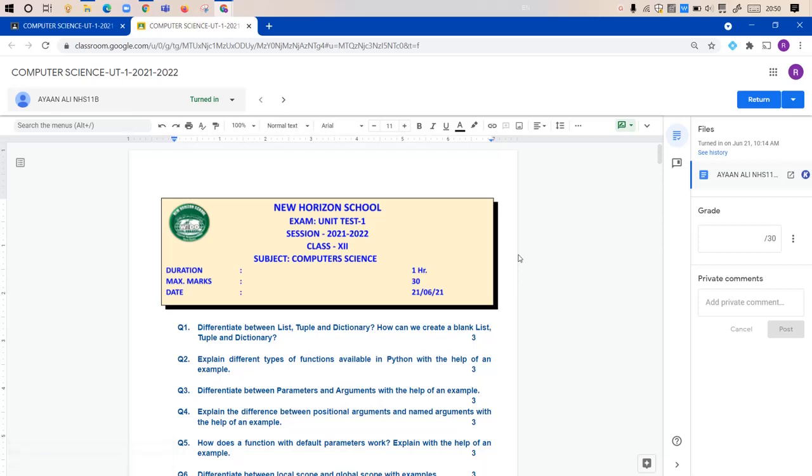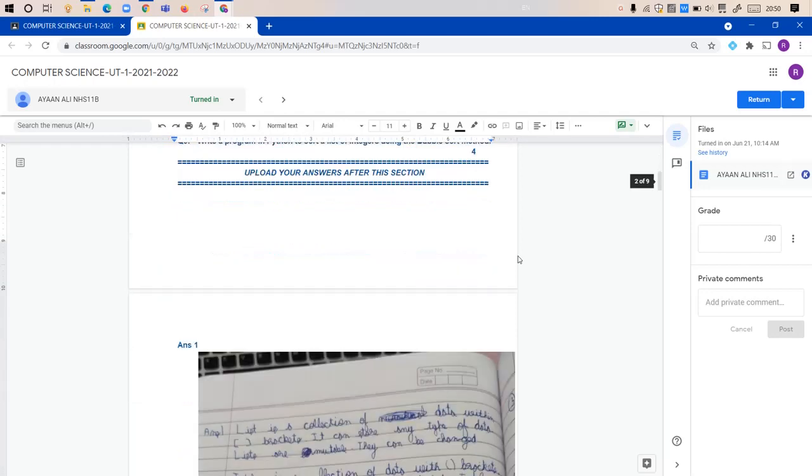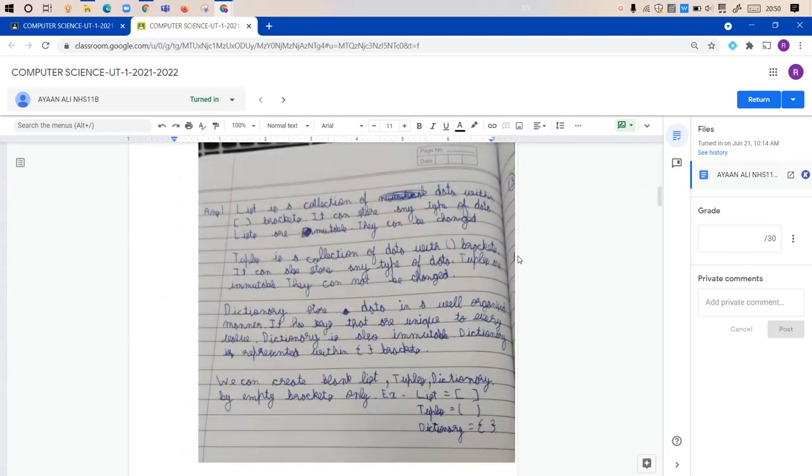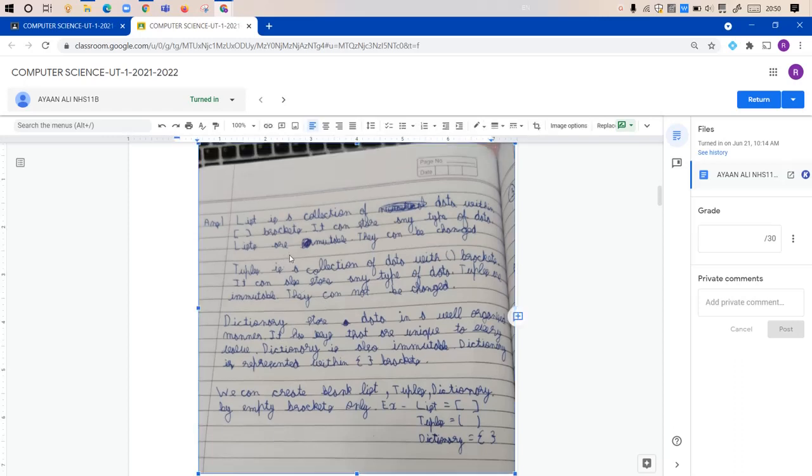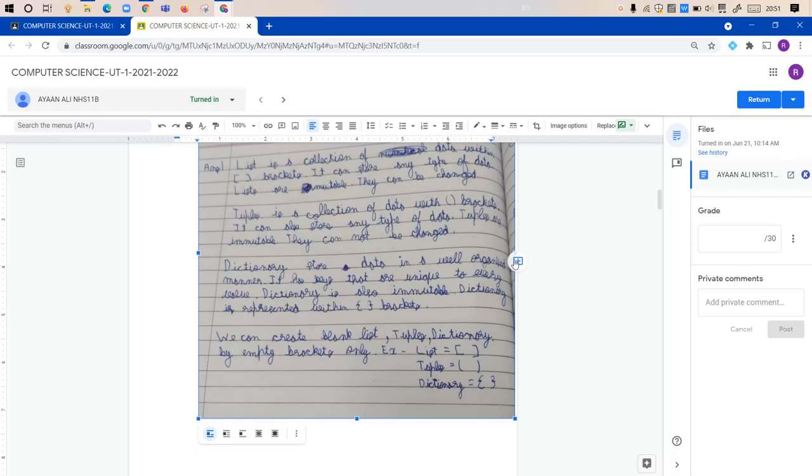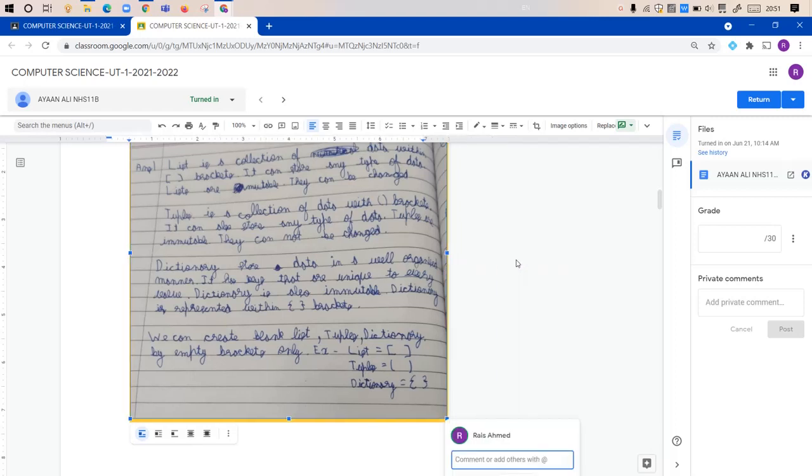Now the first method of checking the assignment is what you are already used to. You are used to giving comments to the images uploaded by the students. So we can give comments and give marks in the comments. Suppose this is the first answer uploaded by the students. I'll click on this image uploaded by the child, and you can see that the comment box appears on the right hand side of this image. Click on this comment box.